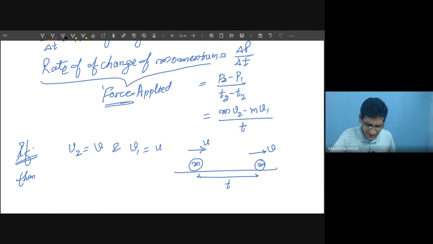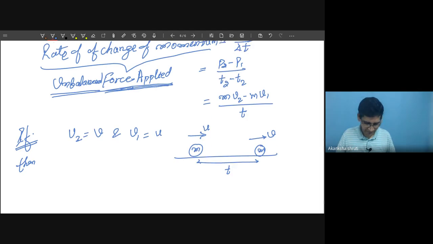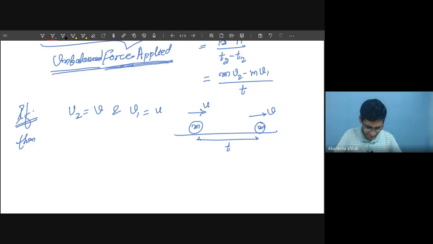In fact, since the speed has changed, this force must be the unbalanced force. So the unbalanced force is given by the rate of change of momentum. Therefore, the force in this case can be measured by delta P by delta T, or P2 minus P1 by T2 minus T1,